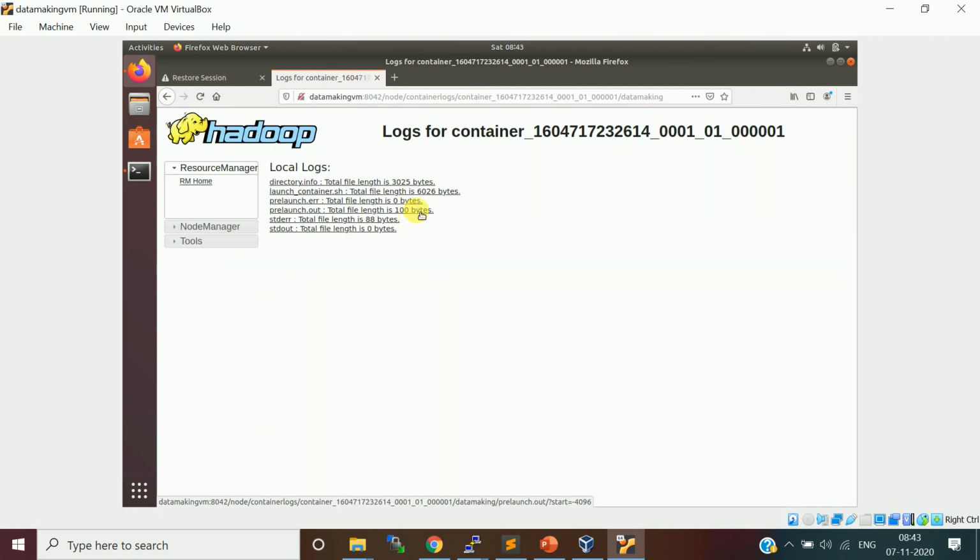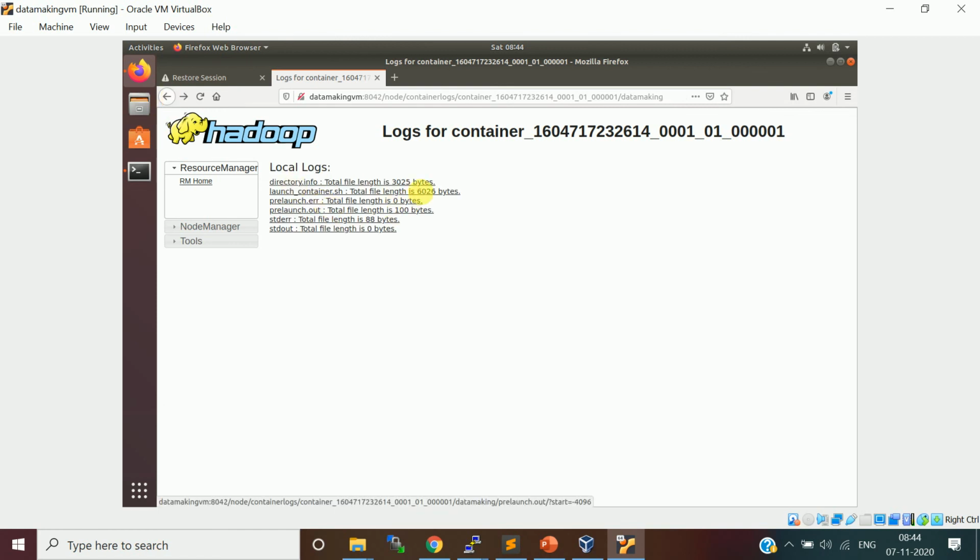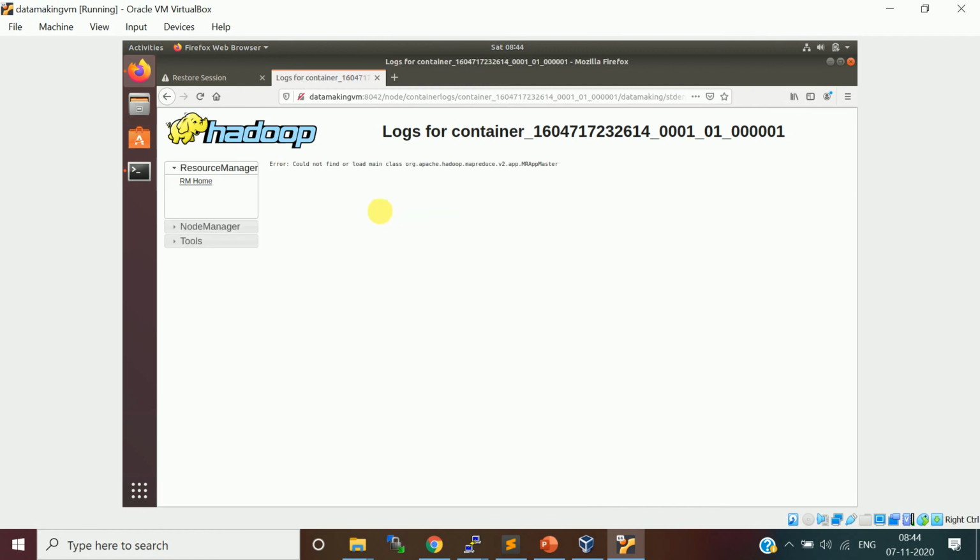You can go to the out log or error also. Some jar is not found. This is it.